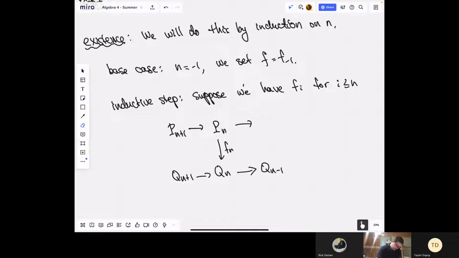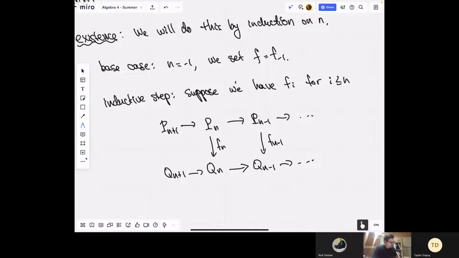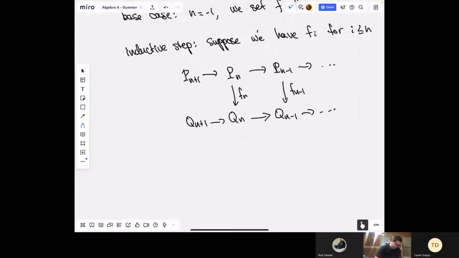So Pn minus 1, Fn minus 1. Okay, so we have all these maps up to here. All right. So the first claim here is that I can kind of truncate this. So what I'm going to do is split this up into two pieces. Okay. So the first observation